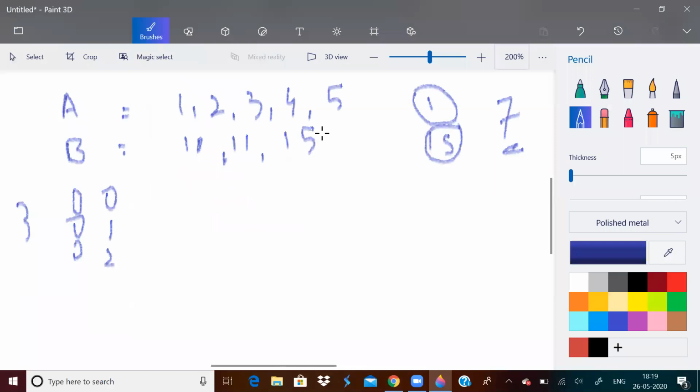The index of the maximum element in array B is 2. So I'm going to print 2. Should I print 0? See, 0 2 is already there. 2 0 and 0 2 is the same. So I won't print 0. I will print from 1. So 2 1, 2 2, 2 3, and 2 4. So the total will be 7.